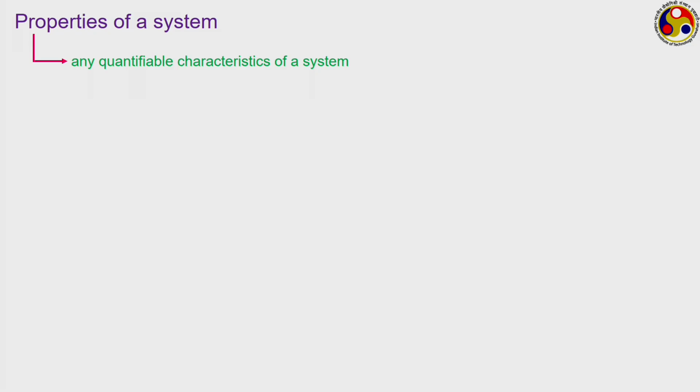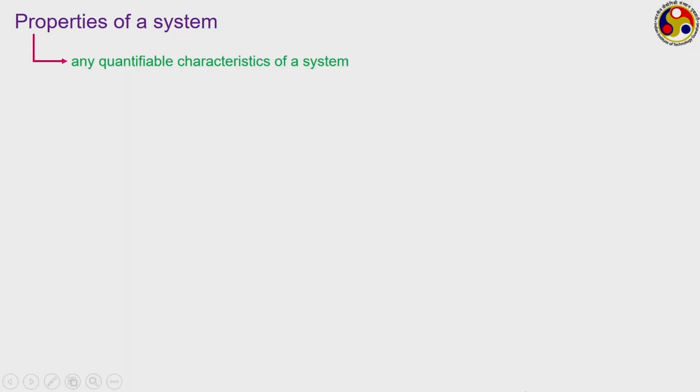Any quantifiable characteristic can be a property of the system, like pressure, temperature, volume, energy content, thermal conductivity, viscosity, acceleration, velocity, elevation. All these are different properties of the system, because each of them